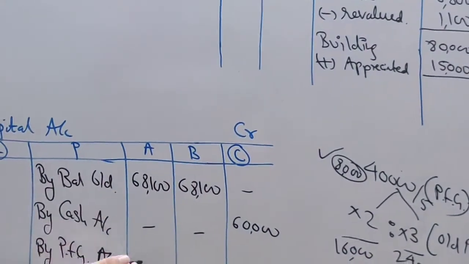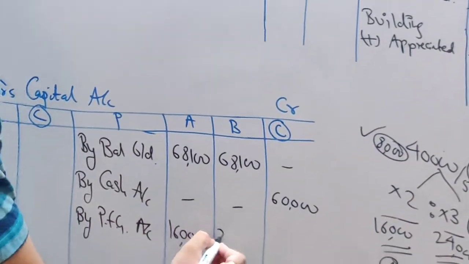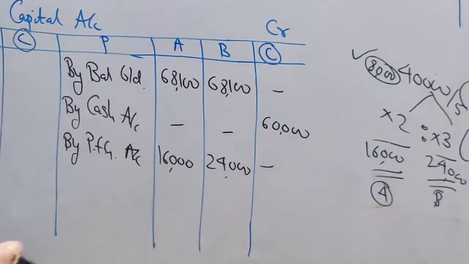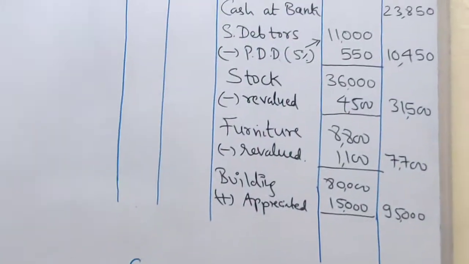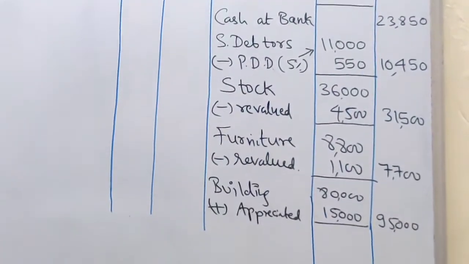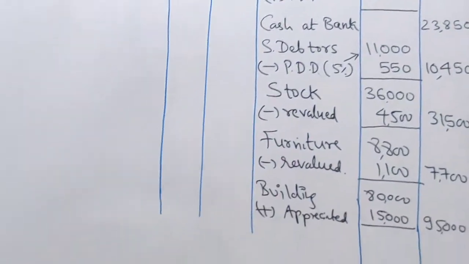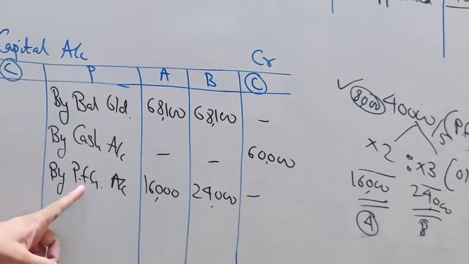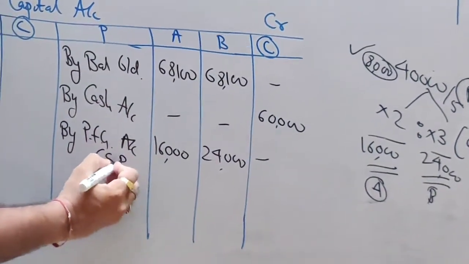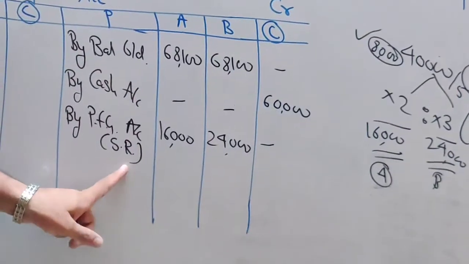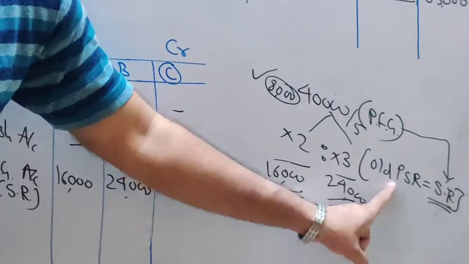Write down here in the partners' capital account. In the column of A, 16,000. In the column of B, 24,000. So you have recorded goodwill at two places. Okay, so what are the two effects for goodwill brought in by the new partner? One effect, you have to increase your cash balance since you are receiving money for goodwill. Second effect is here in the partners' capital account. You will divide this goodwill in your sacrificing ratio. In this sum, your sacrificing ratio is equal to the old PSR. Why are you assuming this?